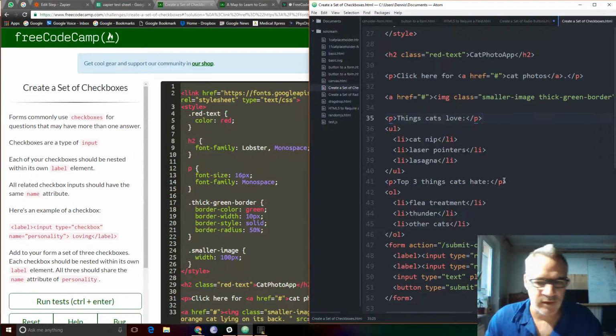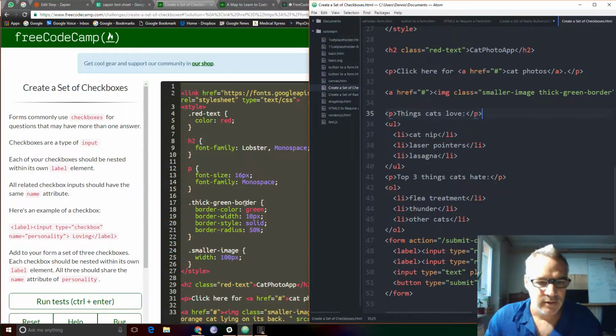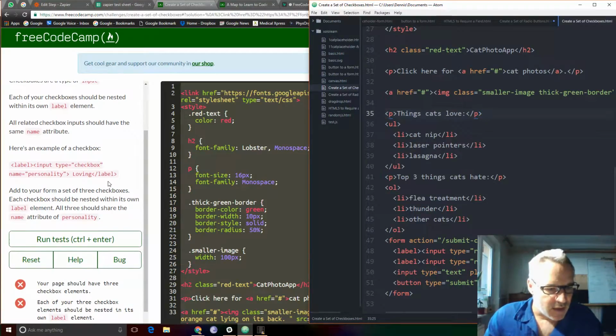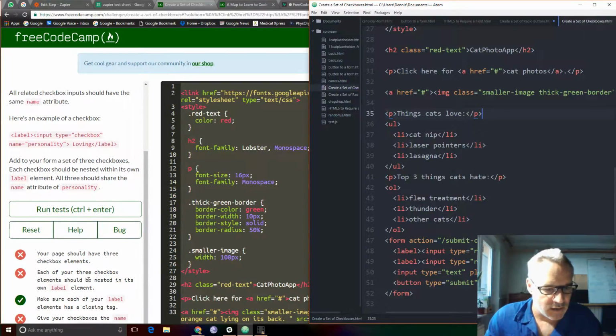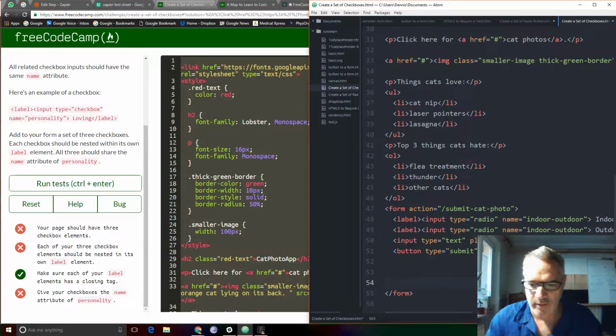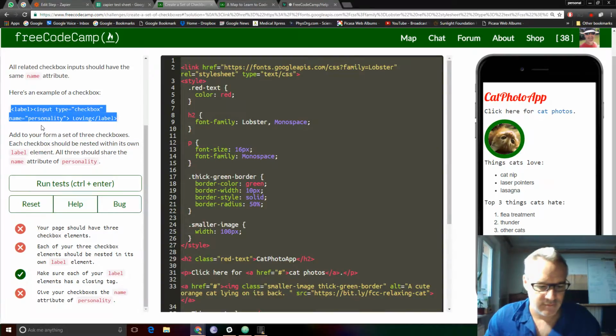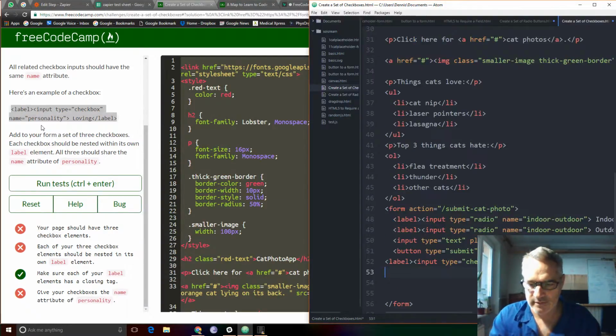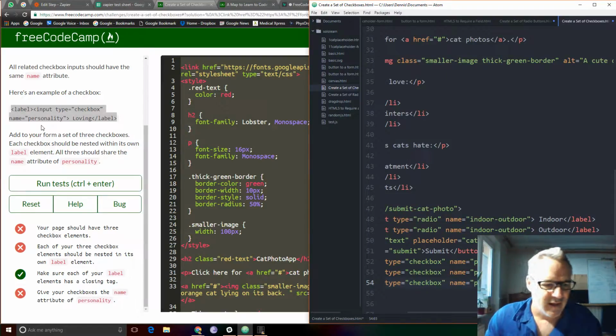And with the code completion, for example, here's an example of a checkbox. I should have 3 checkbox elements. I need 3 checkbox elements, but it doesn't tell me where. So I'm going to go ahead and just include it in my form, which makes sense, right? And in this case, I go over there and paste, paste, paste,